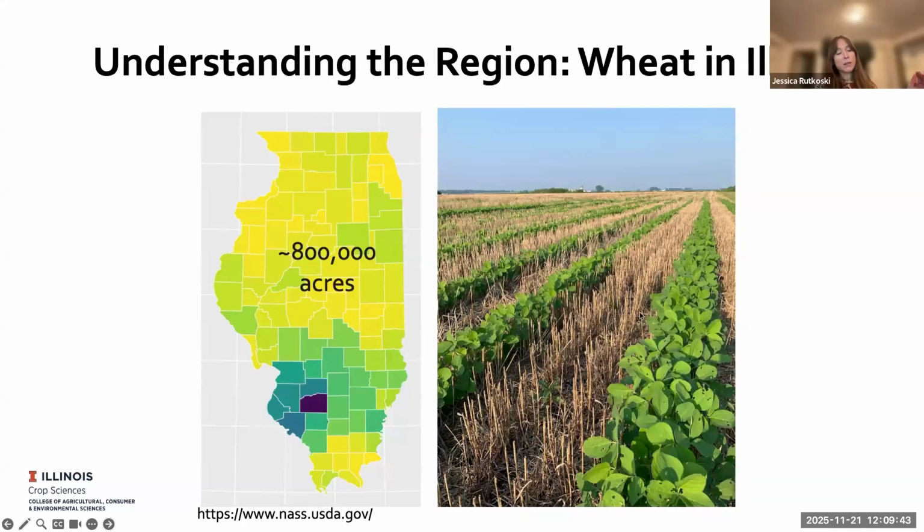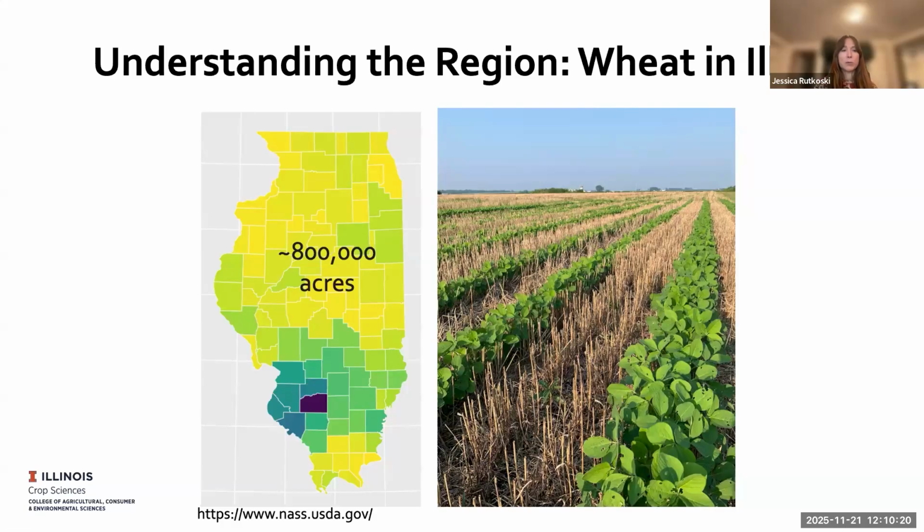What that means is wheat is planted in the fall, it goes dormant in the winter, and then starts growing up again in spring. Then it's harvested at the end of June, early July, and soybean is planted the same day that the wheat's harvested. The soybean crop is then harvested in the fall. So that means you're getting 2 crops in a season, and that's really helpful for getting higher profitability. And there's also a lot of benefits to having 2 crops in a season to cover the ground,